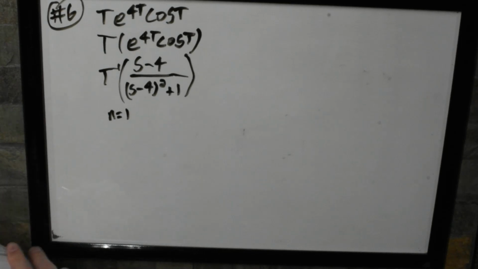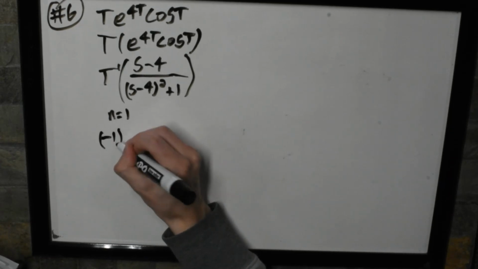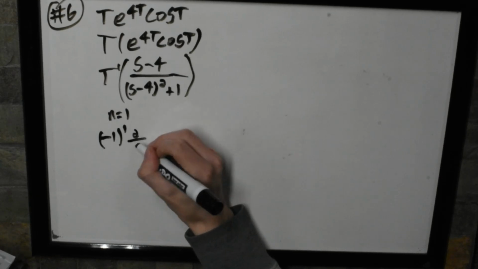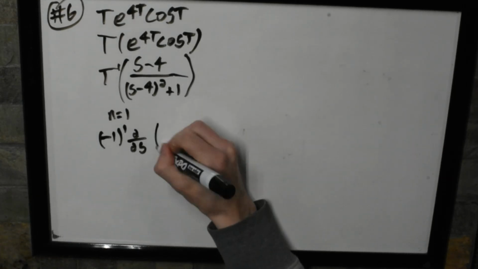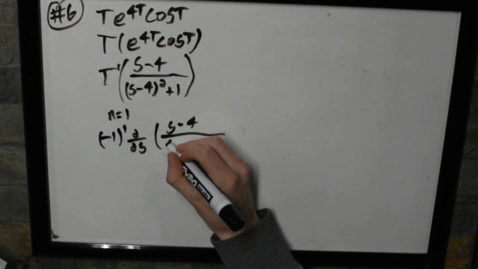So looking back at that property in 7.3, we see, hey, we have to take the first derivative and multiply it by negative 1 to the first power of this. So we have negative 1 to the first power times the first derivative of the Laplace transform of this function, which is this, s minus 4 over s minus 4 squared